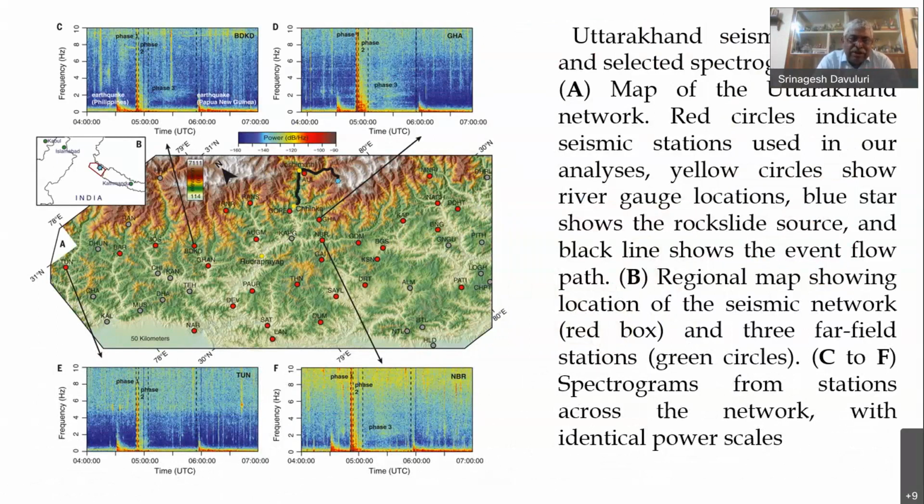And this information which you can see at different stations, where we could pick up phase 1, phase 2, phase 3 and phase 4 of the different phases where the flood and the debris was flowing, was very important for us to envisage an early warning system being located in this region, so that using the seismic signals and the frequency content of the energy of this flood and rock mass, we can now have an early warning system designed in this region.